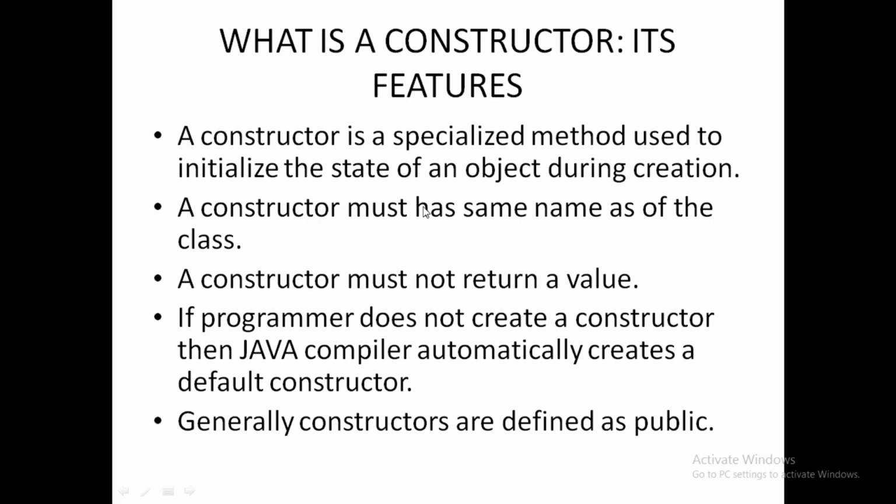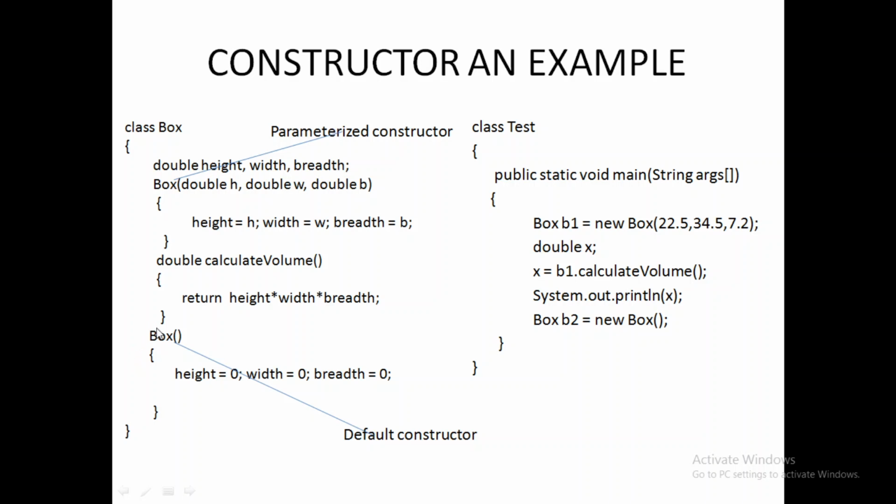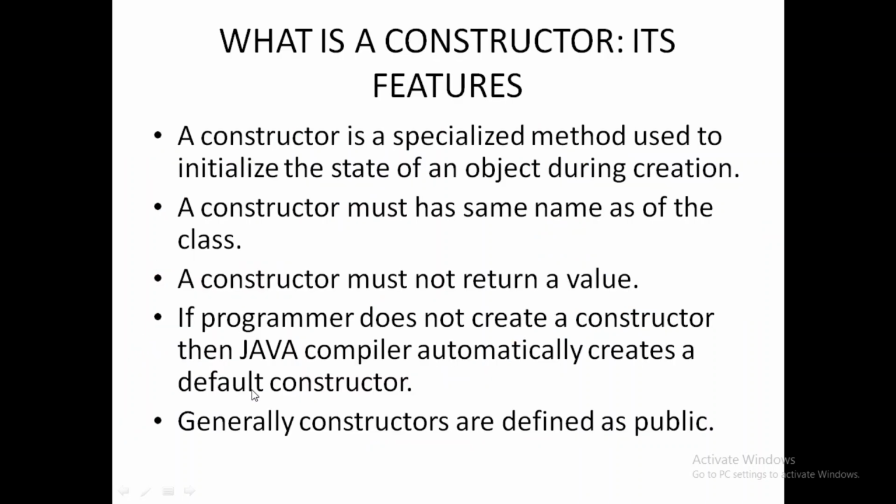A constructor must have the same name as the class name. That we have also seen. A constructor must not return a value. Yes, the constructor does not have any return type, therefore there is no question of returning any values. If a programmer does not create a constructor, then the Java compiler automatically creates a default constructor. I have also discussed that. Generally, constructors are defined as public. This point needs to be